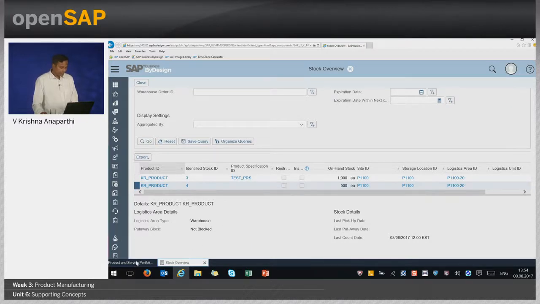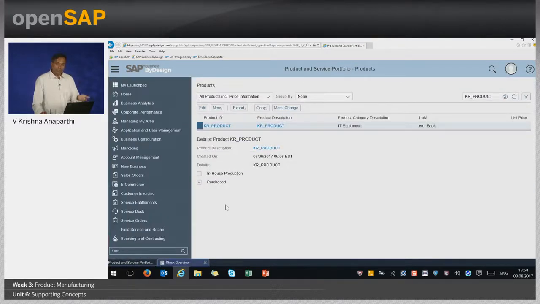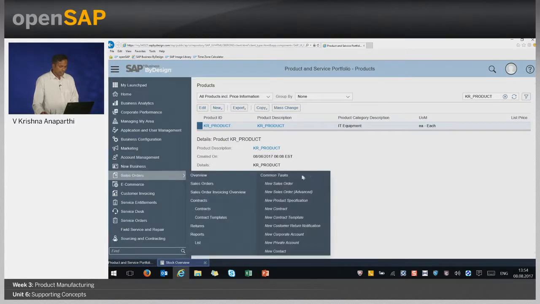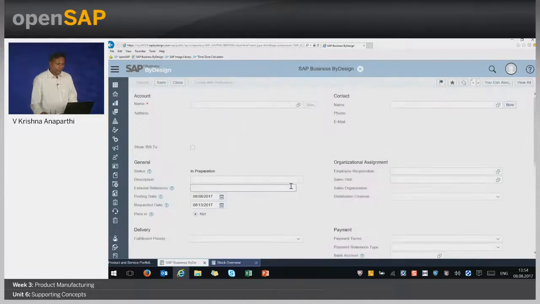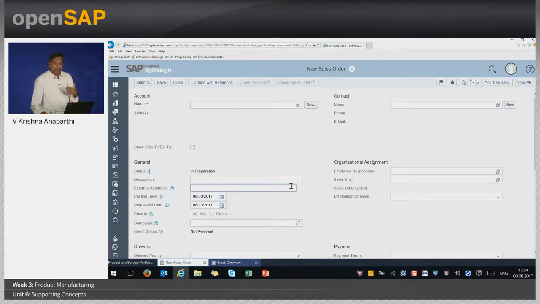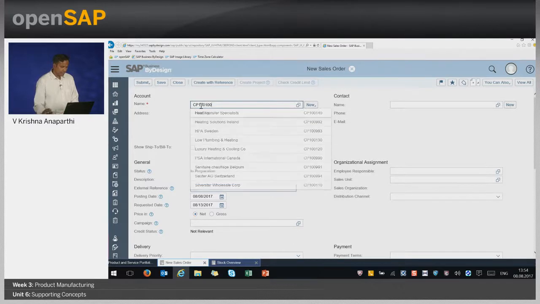Let's keep this screen open and let's go and try to create an order. I am trying to create a sales order where my customer is requesting 2000 units of this particular product, one with specification, one without specification. I am just using one of the customer masters available in the system.